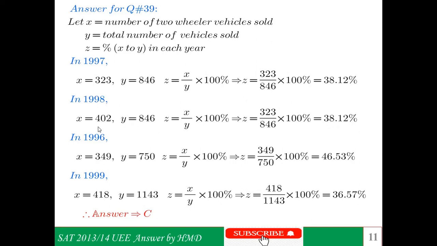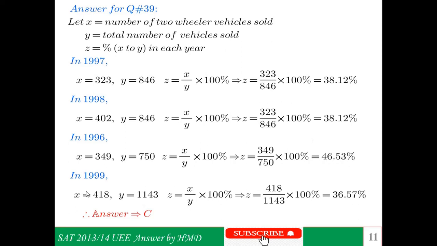Okay, let's try again. In 1996, x becomes 349, right? Y becomes 750. So z is equal to x over y times 100%, and z becomes 349 over 750 times 100%, and it's going to be 46.53%. So this means the percentage of number of two-wheeler vehicles sold to total number of vehicles sold in 1996 is going to be